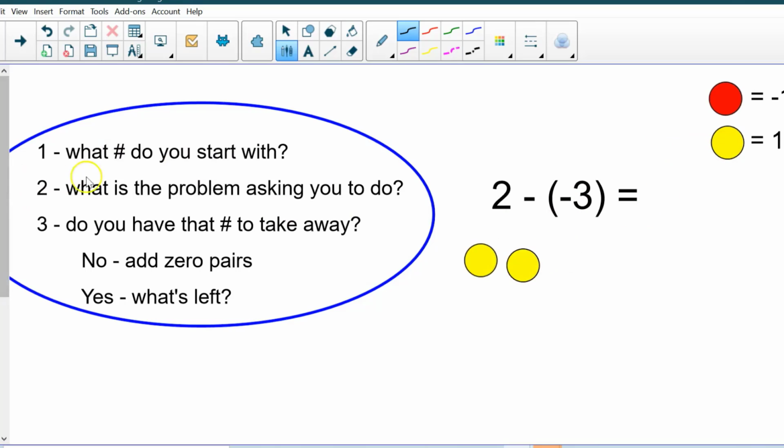And then the second question, what is the problem asking you to do? It says take away -3. I don't have 3 negatives to take away. So what are we going to do? No, don't have it to take away. We're going to add